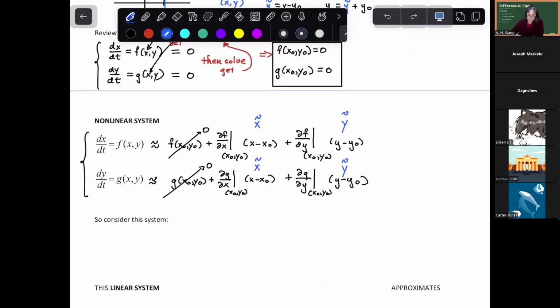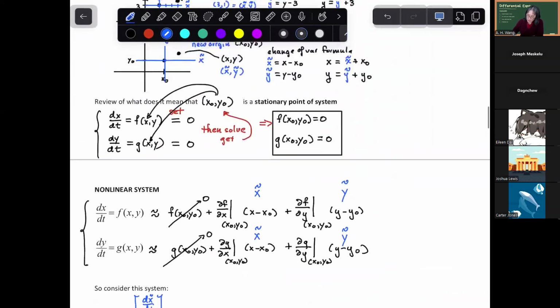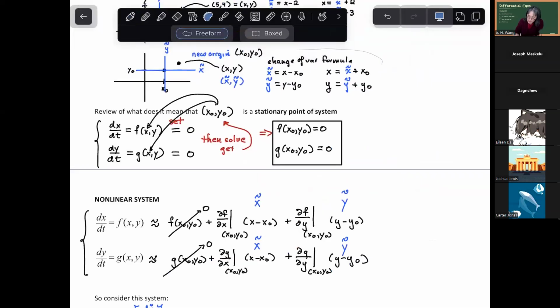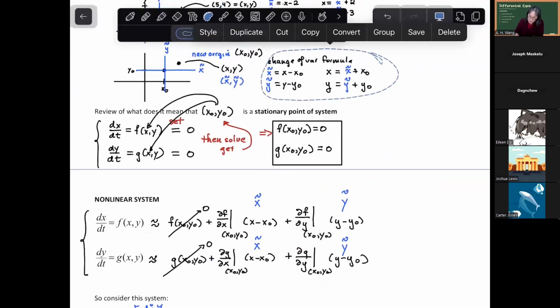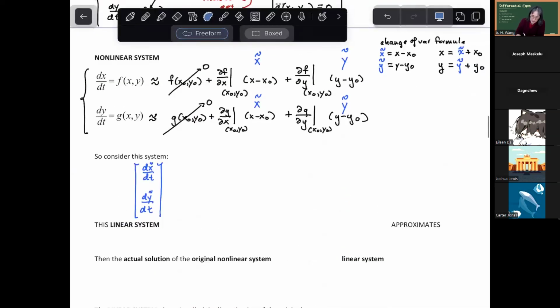So consider this system right here. We're going to look at dx tilde dt, dy tilde dt. And remember, who are we looking at? It's this. So I'm just going to say this is off to the side. This is what we're assuming right there. And this is going to be equal to, and everybody can see,